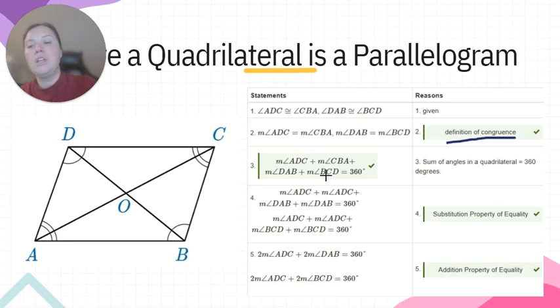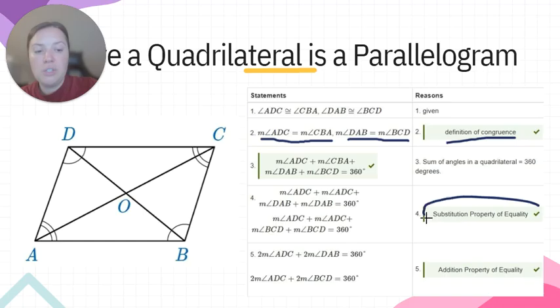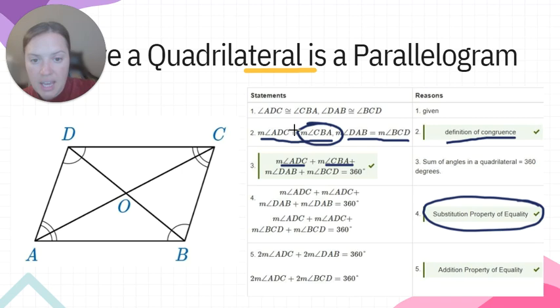Now, when we are working with these angles, the cool thing is we've already said that angle ADC is equal to angle CBA, and that DAB is equal to BCA. So we can use that substitution property, which lets us replace equal values. And so we have this equation where we have ADC and CBA. Well, we're taking the CBA and we are replacing it with ADC. Okay, so this CBA becomes